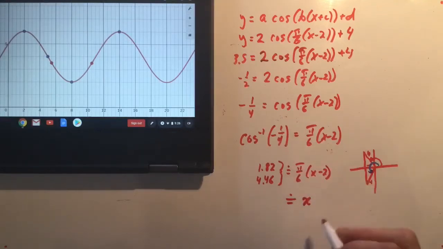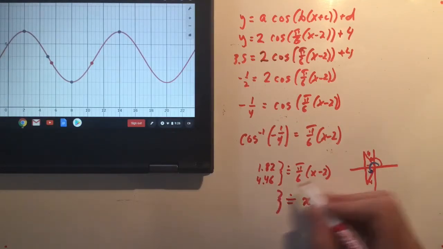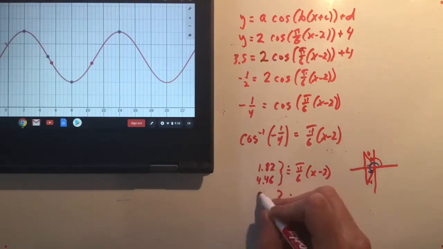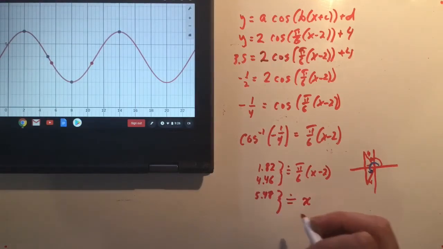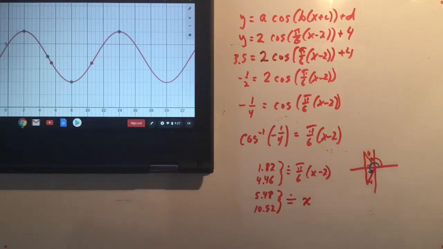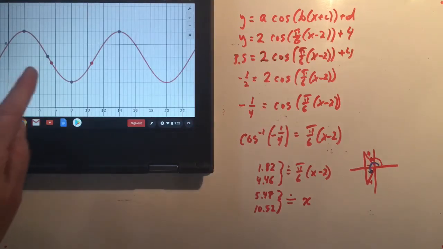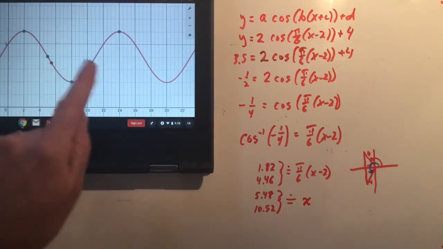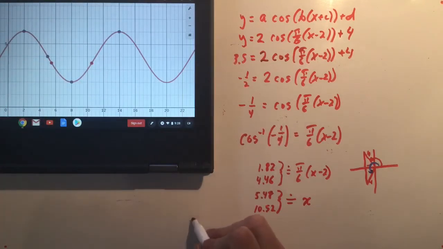And so now, I'll make that approximate, and now if I multiply both sides by 6 over pi, and then add 2 to both sides, I'm going to get 5.48 hours after midnight and 10.52 hours after midnight. So that tells me when the water is 3.5 meters above the ocean floor. I wanted to know when it is less than 3.5 meters above the ocean floor, and I can see from looking at my graph that happens between those two values. So that's going to be between 5.48 a.m. and